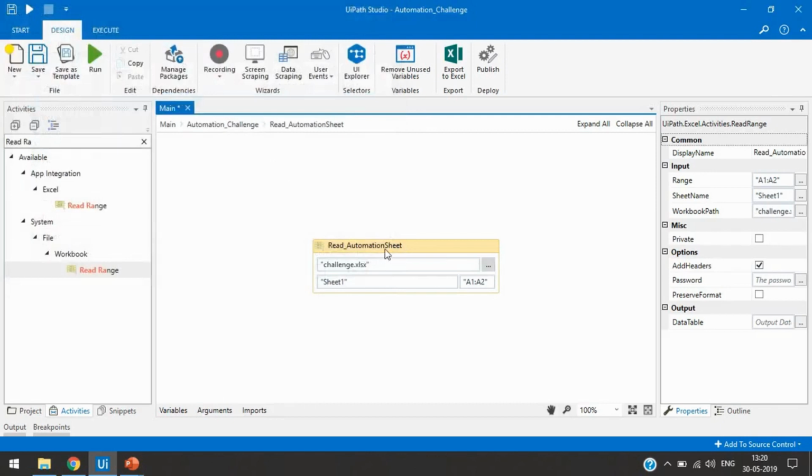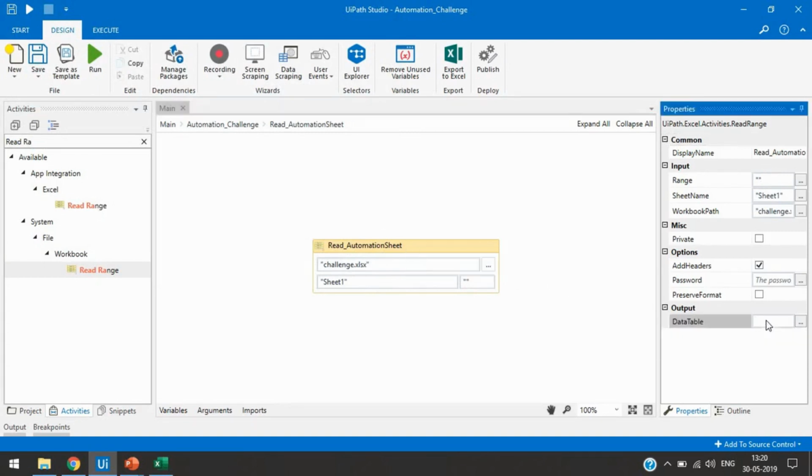We have selected the Excel sheet, and then Sheet1, and here we'll just use double quotation, save this and take this data in a data table. So Control K and automation DT.